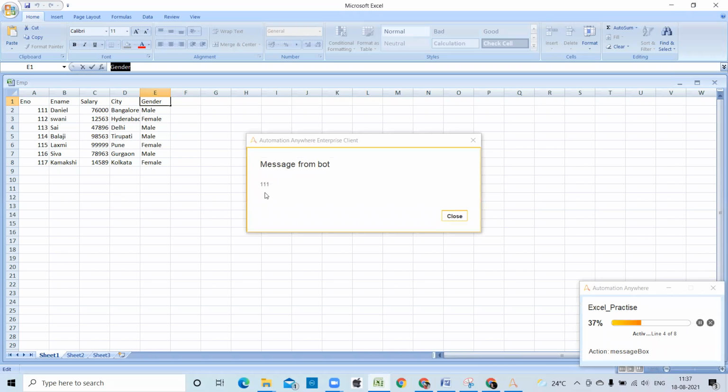Now you can see. 111, Daniel, 76,000, Bangalore, male. 112, Swami, 12563, Hyderabad, female. 113, Sai, 4796. So we can see the bot reading all the data from the Excel file.